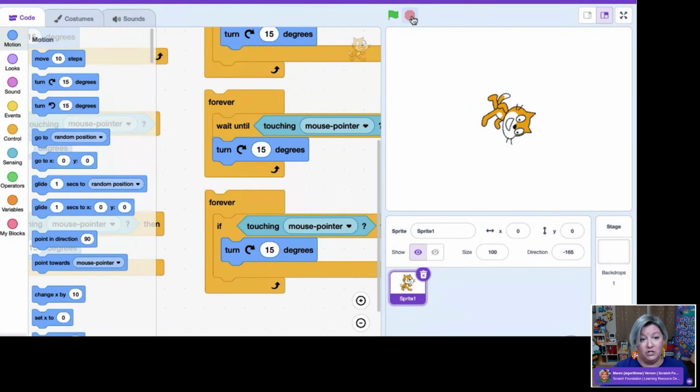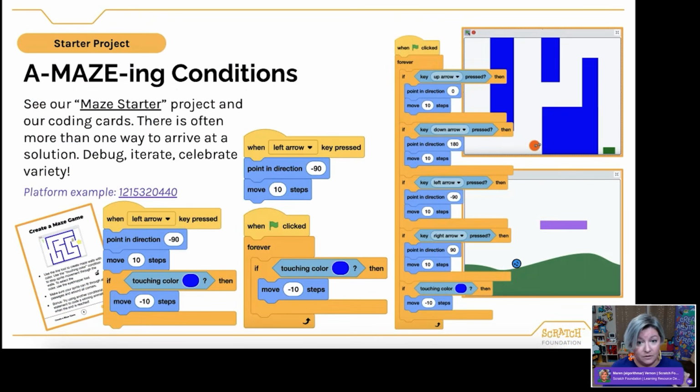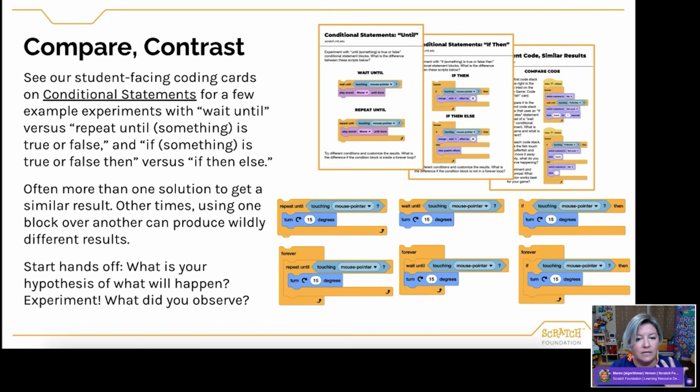Now, maybe you don't need that functionality. If we went back to our mazes, you'll notice that some of these aren't in a forever loop because we don't need it to check continuously, just at a given moment. When I move it forward, is it now touching a wall? Oop, move it back, right? Or is it touching this color? Move it back. Versus other times, I may want it to do that continual listening. And so I think it's really helpful to have that ability to talk through these things and think about it out loud because it often is very revealing when we're trying to debug these problems.